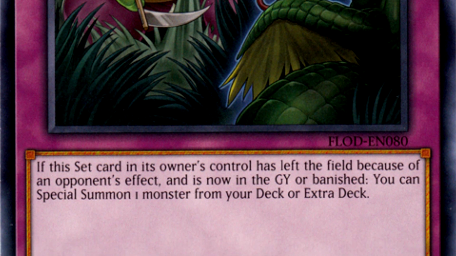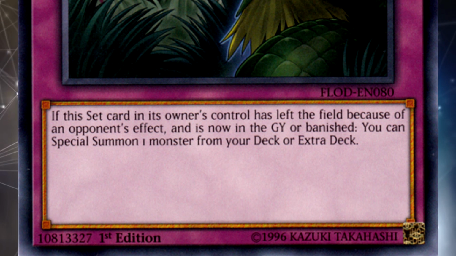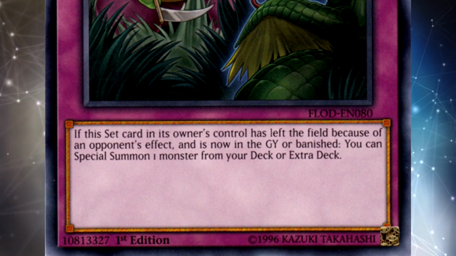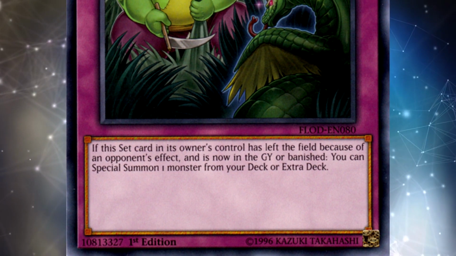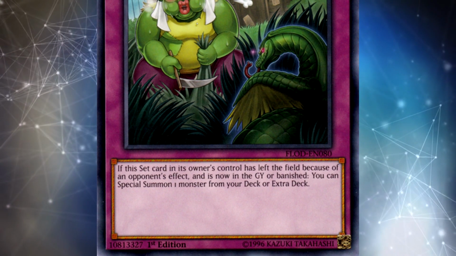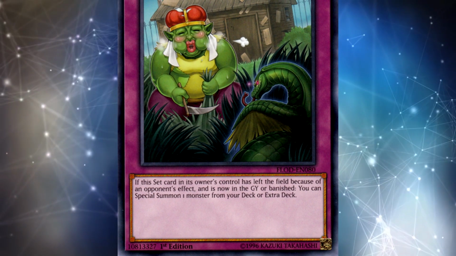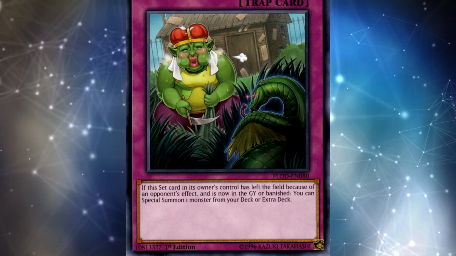Just like in the case of Instant Fusion and Super Polymerization, Waking the Dragon gets better under Master Rule 5 because you don't have to summon the monster to the extra monster zone if you're bringing out a very powerful fusion like Naturia Exterio. This doesn't matter that much because I feel like the decks that usually play Waking the Dragon are back row decks already that don't really care about their extra monster zone, but it is a small